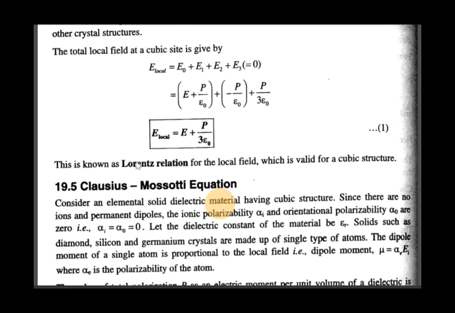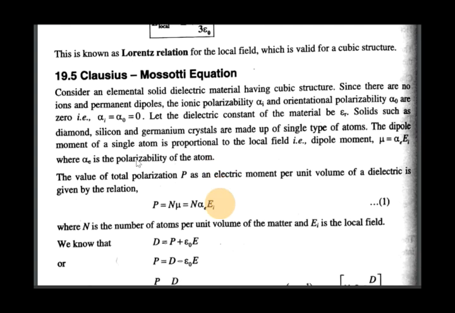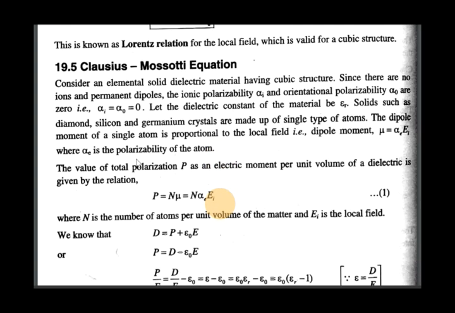And as I told you, the field of dipoles inside the cavity E3 is 0. So therefore, the total field E local is E0 plus E1 plus E2 plus E3. Substituting all the three, we end up with E local is equal to E plus P by 3 epsilon naught. So this is known as the Lorentz relation for the local field, which is valid for